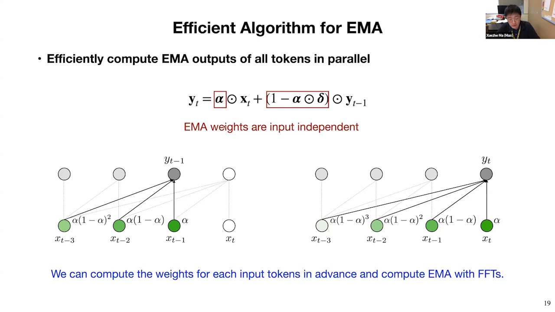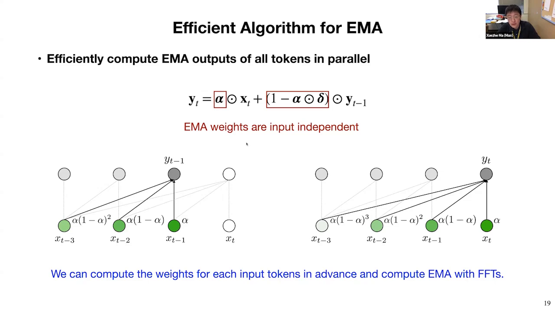Yeah, and here I want to say that EMA can be regarded as a simplified version of state space models. For example, if we compare EMA with Mamba, the only difference is that in Mamba, the alpha and delta parameters are input dependent, and in EMA, they are input independent. So in theory, one layer of Mamba is more powerful than one layer of EMA, but the cost is that to compute Mamba, we cannot apply the fast Fourier transform. So in practice, one layer of Mamba is slower than one layer of EMA.